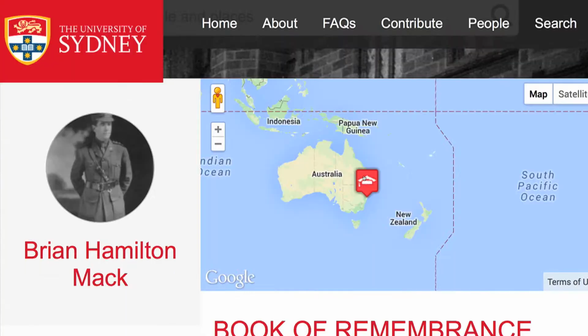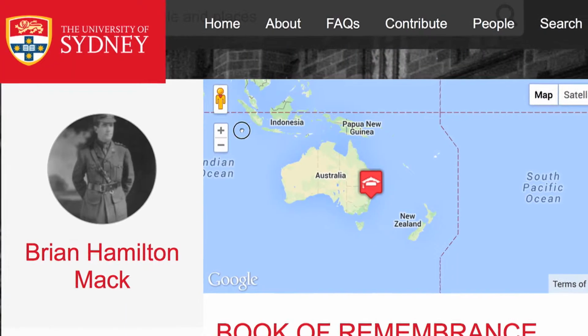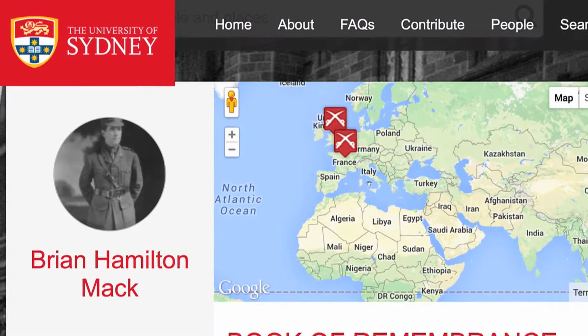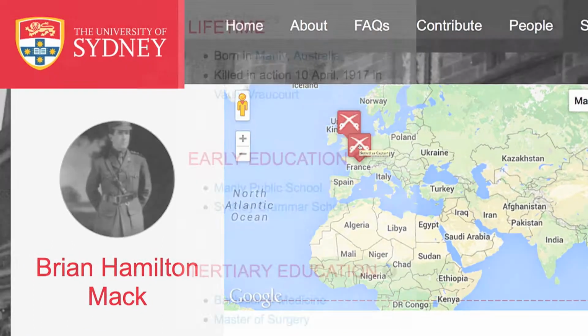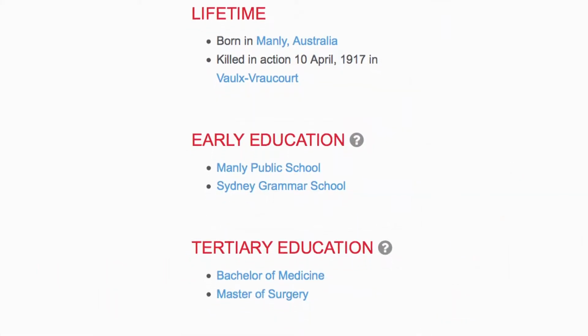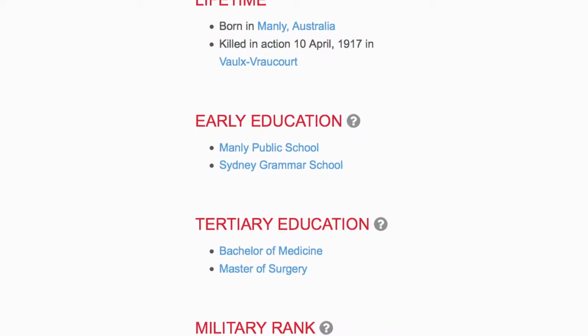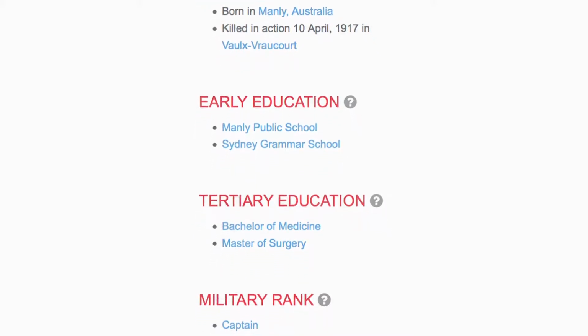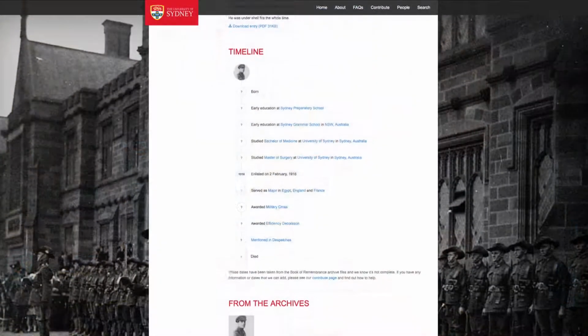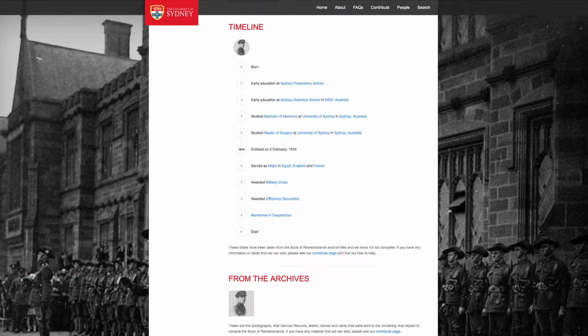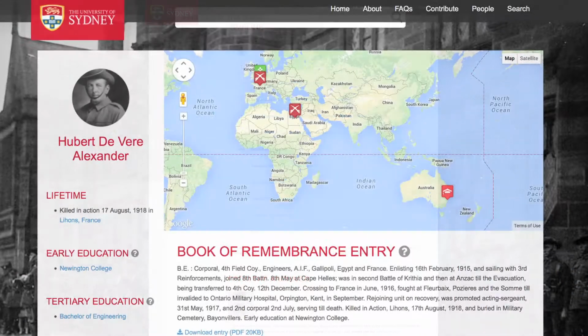Through the Heurist database, we can put in all these what you might call eventlets in people's lives, like birth, death, obviously coming to university, going to school, going to war, what one did, people's careers afterwards. And then through the magic of Heurist, that's all I can say because I don't know the technicalities of it, this is then transformed into showing a person's life, both through a timeline as well as where in the world